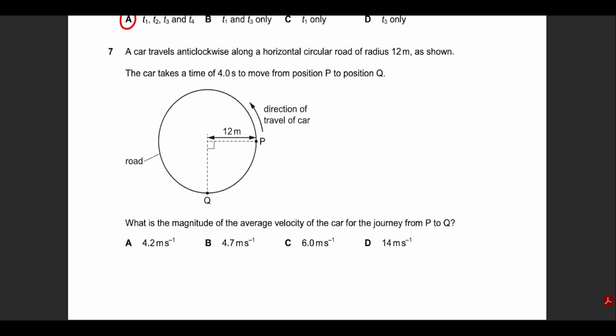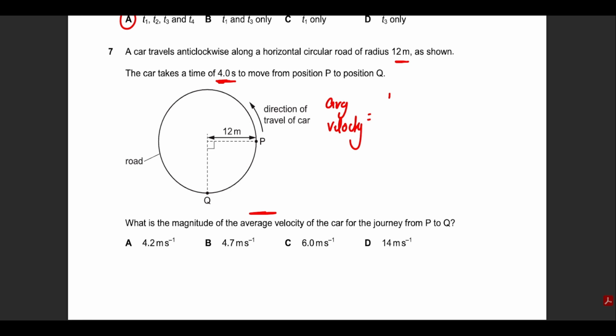Question number 7 has been a repeated question, a repeated occurrence. He wants you to understand that there is a clockwise movement, the radius is 12 meters. It takes 4 seconds to move from P to Q. So from P to Q, it has a time frame of 4 seconds. The average velocity. This question is old and has been asked many times in different formats. Now, since we are interested in the average velocity,